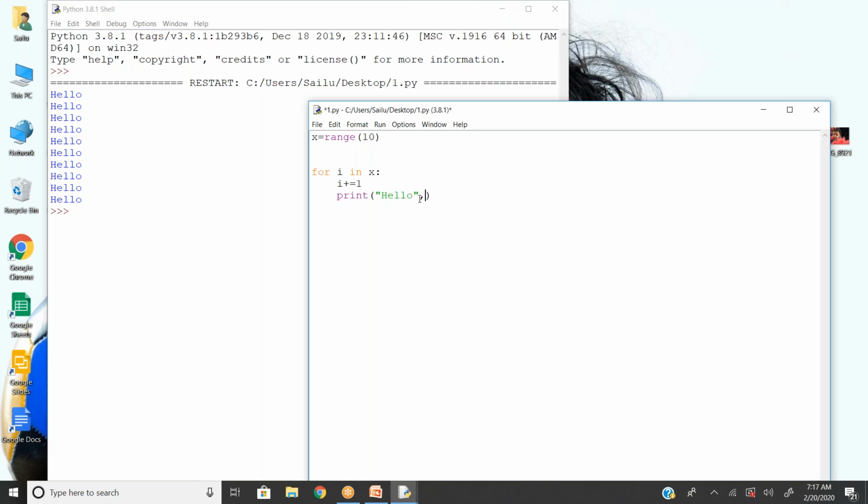No. If you remember, I explained one function called end. Yeah, I forgot. Now I want to give a separation between the outcome of one iteration and the next with a comma. So hello, comma, hello, comma, hello. It will be displayed 10 times.